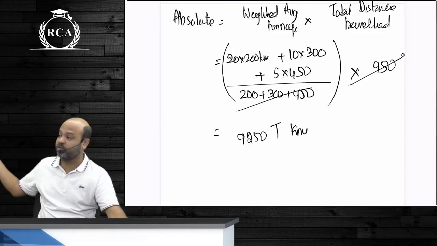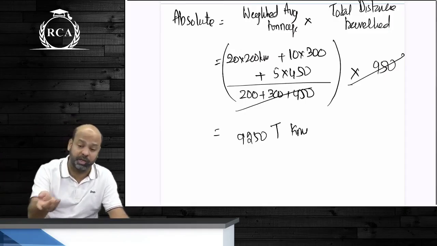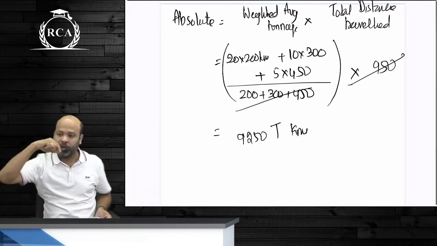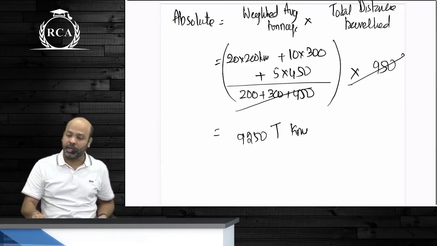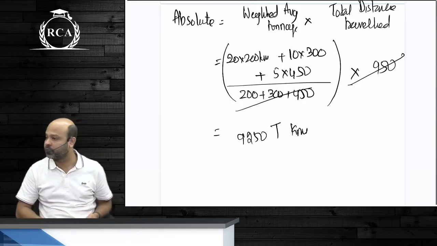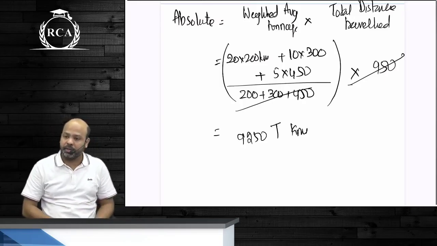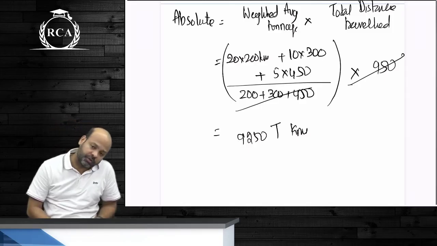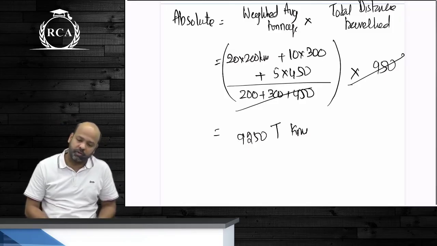It can be for anything. This example was based on ton kilometers. I can also have commercial for passenger kilometers. I can have it for any other variable. Usually they will give only for ton kilometers and passenger kilometers. Understood or not? Yes or no? All of these concepts come only for a composite cost unit, not for a simple cost unit.